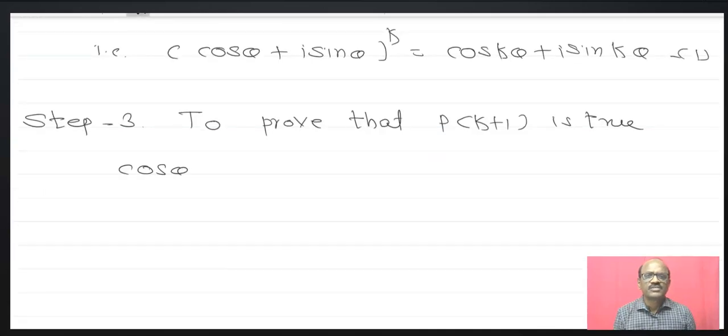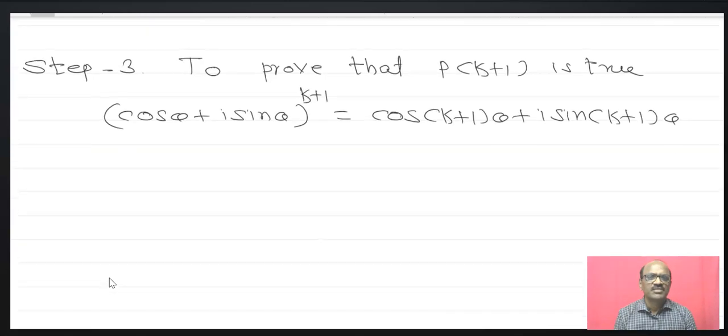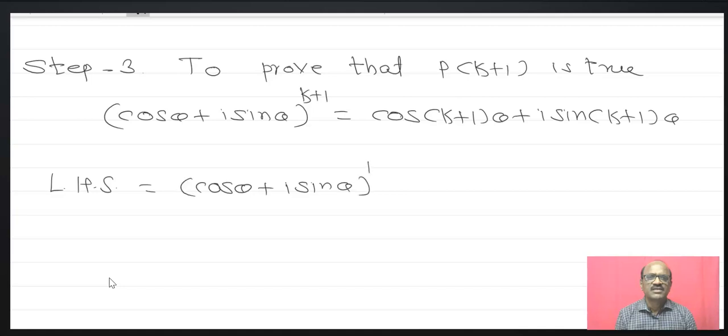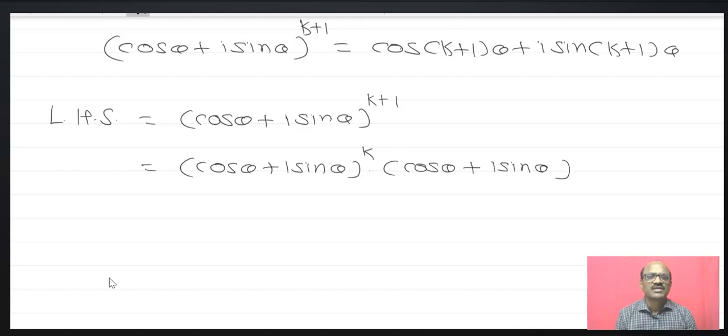And now the succession. Therefore, to prove that P of k plus 1 is true: (cos theta + i sin theta) raised to k plus 1 is equal to cos of (k plus 1) theta plus i sin of (k plus 1) theta. Now the LHS: (cos theta + i sin theta) raised to k plus 1 can be written as (cos theta + i sin theta) raised to k times (cos theta + i sin theta),